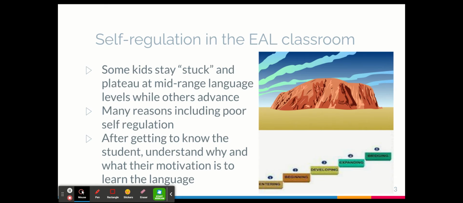And I teach high school English as an additional language, and I've ended up with some kids in my class who've been stuck. Some who've gone through various different school systems have actually been learning in an English environment since kindergarten. And they've come to me in grade 9, and they're still identified as English language learners, or some entered in primary school and had that identified support since second or third grade. So by the time they're in ninth grade, to me, I don't see that as a success story in terms